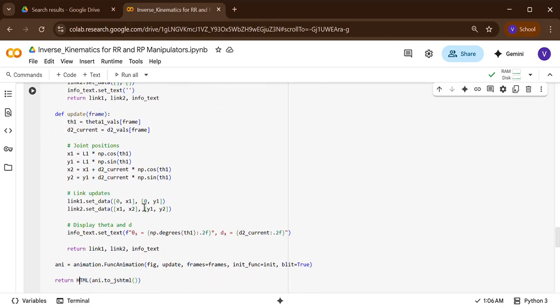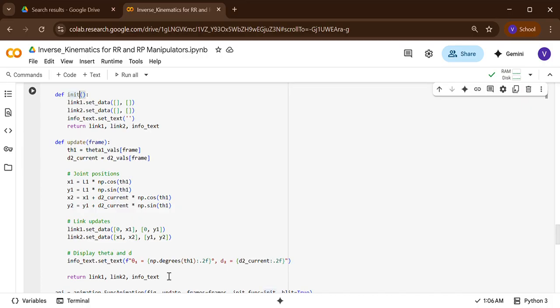Then it comes to the animation function. In the animation function, you have to pack these variables. What are the variables? Figure, update, frames, init, and blit. Blit is block image transfer, which is used to redraw. When this function is called, we move to the init function. Every time it has to clear the previous value, so it will clear link 1, link 2 and the text part,